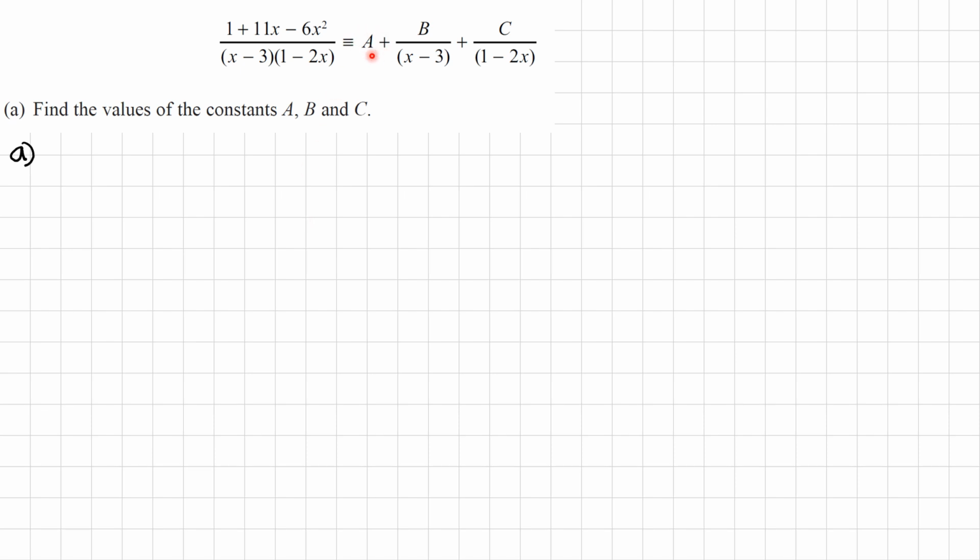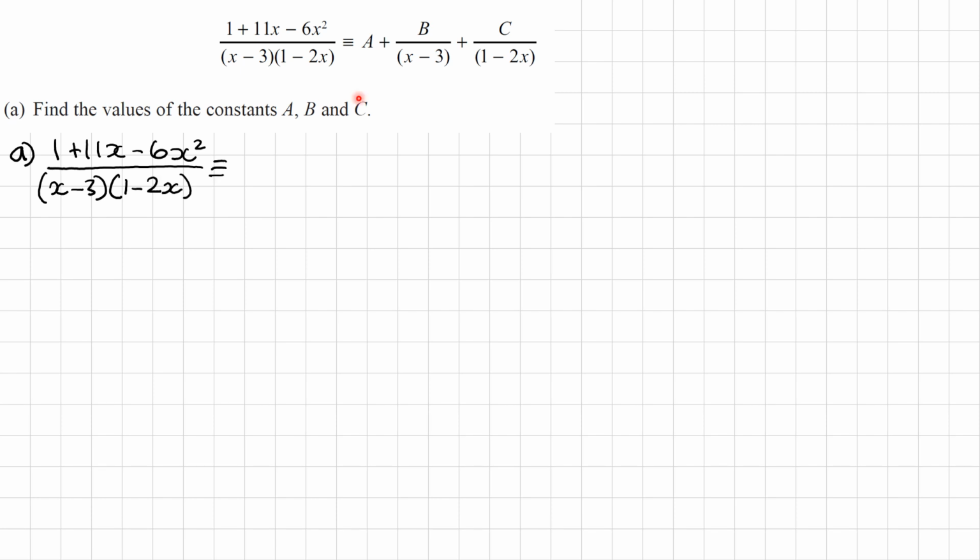Now I can find this quotient by doing long division, or by setting out an equivalence relation here and solving it to find A. I think setting up the equivalence will be more straightforward than doing long division, so that's what I'm going to do. So let's set that up. So 1 plus 11x minus 6x squared all over x minus 3, 1 minus 2x is going to be equivalent to